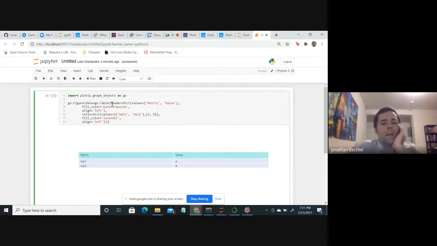when it comes to the table, what we should probably care about. Notice over here, we're defining values for the header, and we're defining values for the cells, right over here. And so that's really what this is doing. So this thing, go.table, is basically taking, this is called dict,